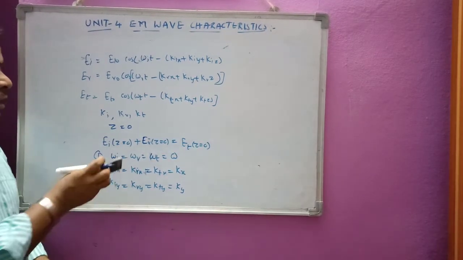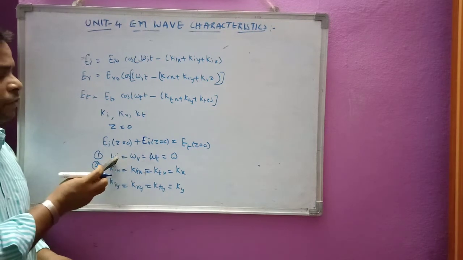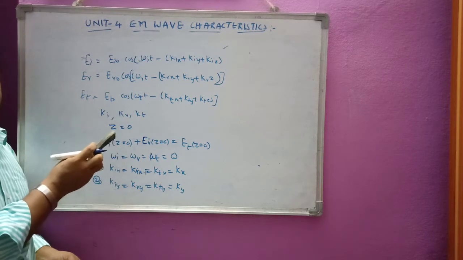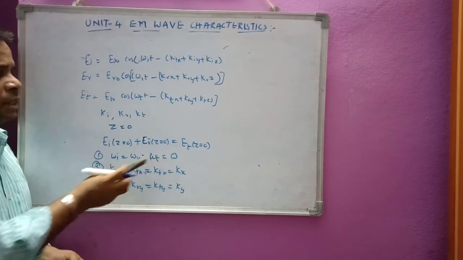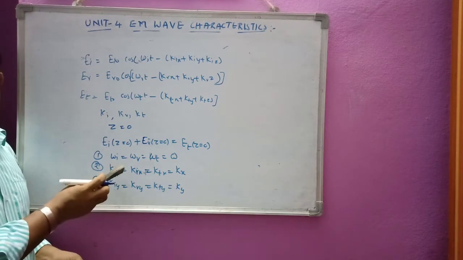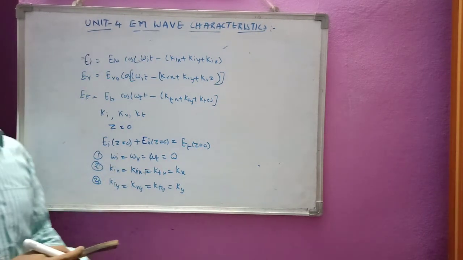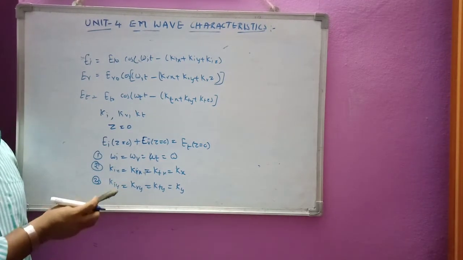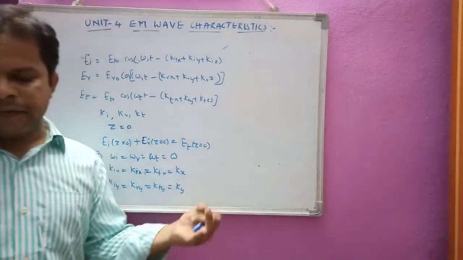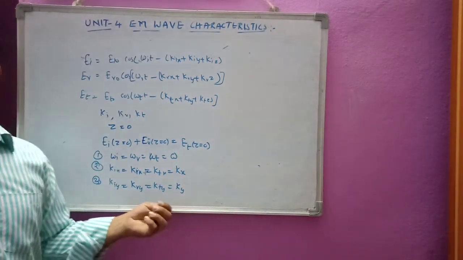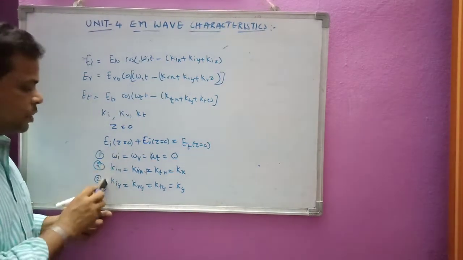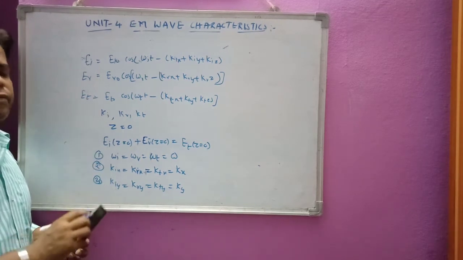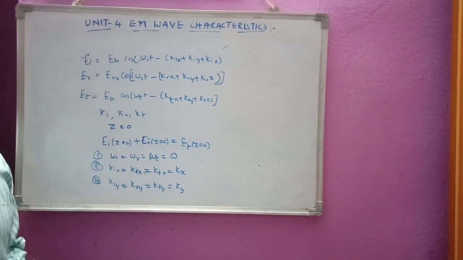Now condition 1 is saying that the frequency is unchanged. Whatever the medium it is having, that is either incident or reflected or transmitted, the frequency is unchanged. And condition 2 here is the phase matching condition, the tangential component and the normal component. This means that the propagation vectors ki, kr, kt must lie in the plane of incidence. Conditions 2 and 3 say that the vectors ki, kr and kt must lie in the plane of incidence, that is the xz plane here.